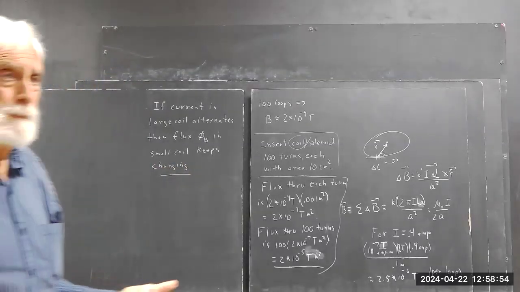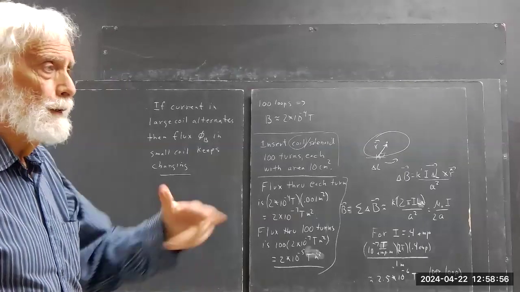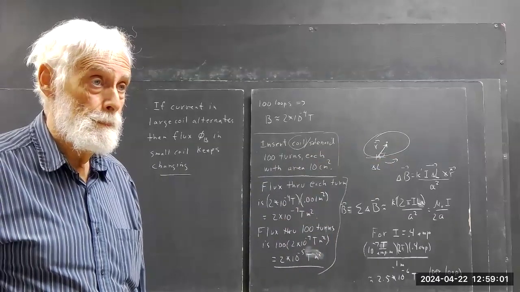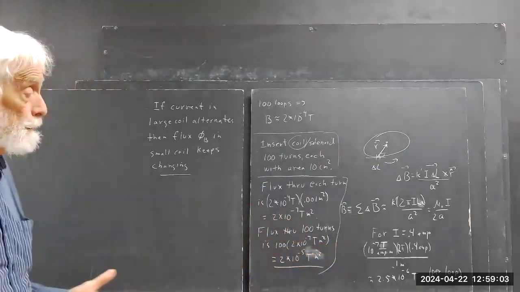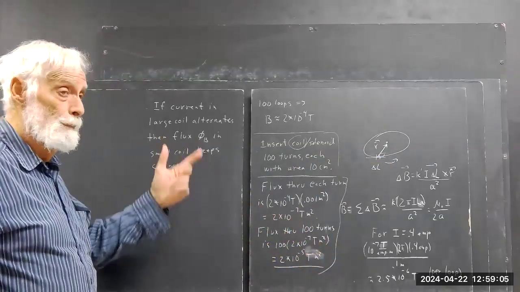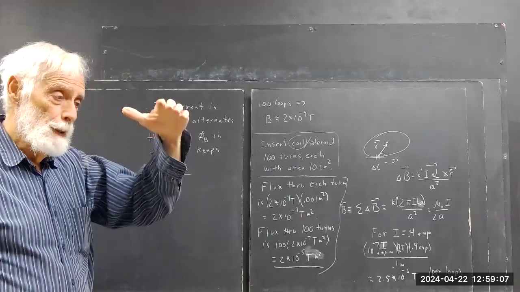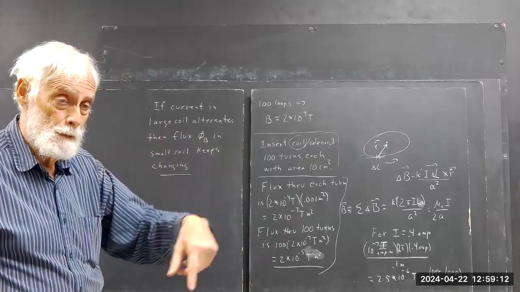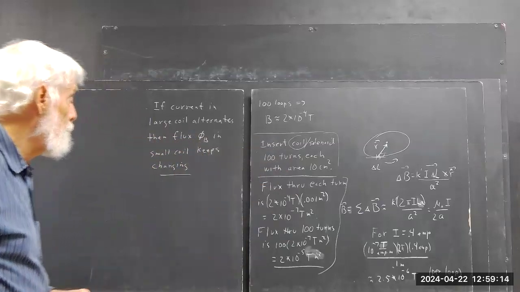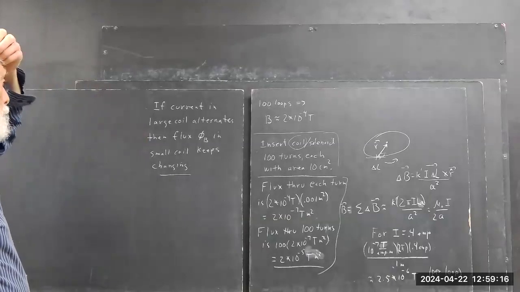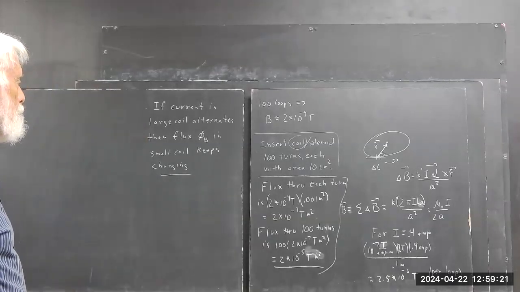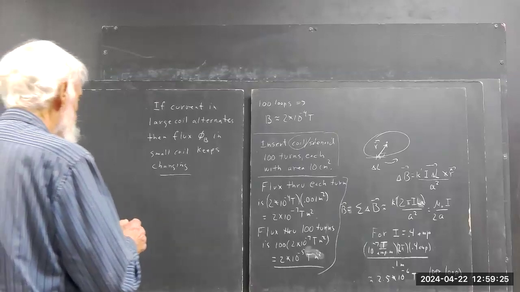That makes sense? So if I'm driving this thing with an alternating current, 60 times a second, flux will change from positive to negative to positive, okay? Along a sine curve. In that case,